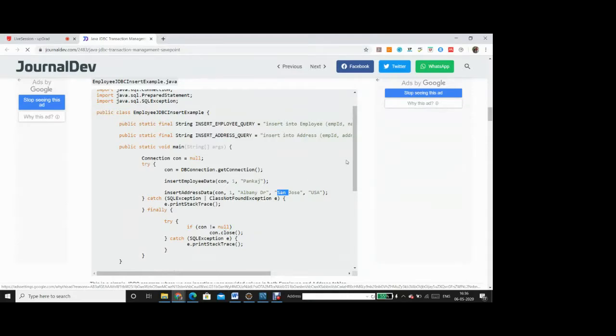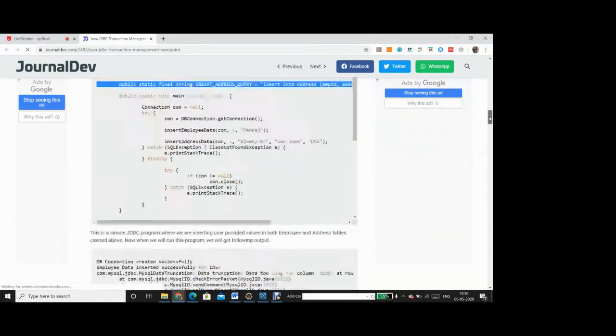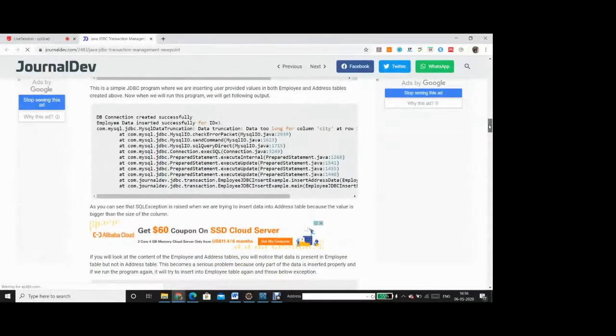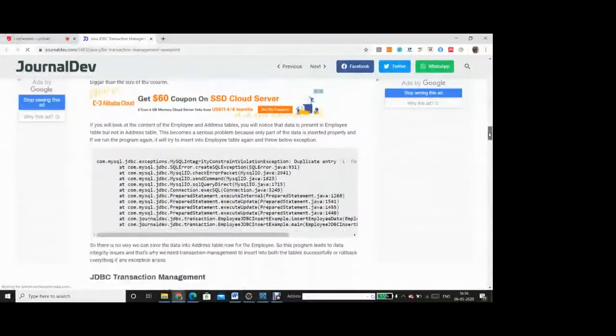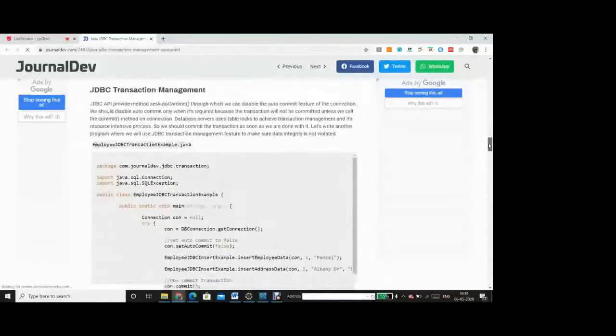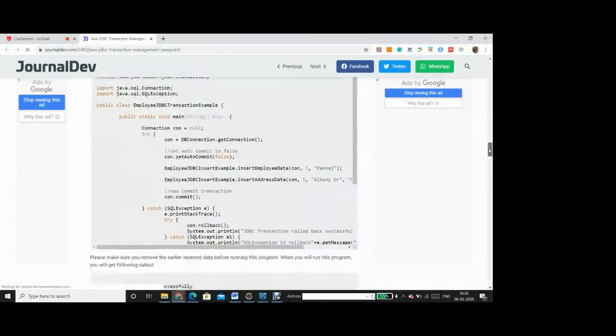That's why you get an exception over here. So the second query, the insert into address statement, basically fails. It is a mimic of a similar situation which I have created for you with the duplicate key entry. So you can try it out, and then I want you to go through what a savepoint is.